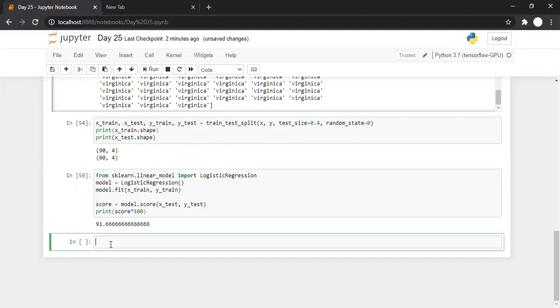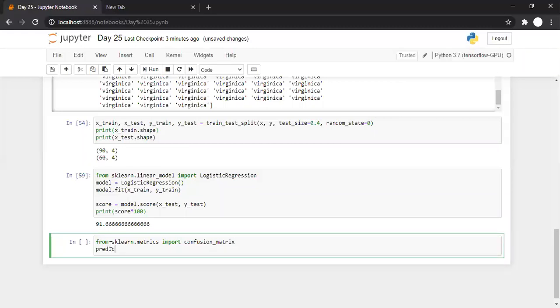The other methods that we used in previous sessions were confusion matrix and classification report. It was something like this: from sklearn dot metrics we'll import confusion underscore matrix, and then we'll go for prediction.